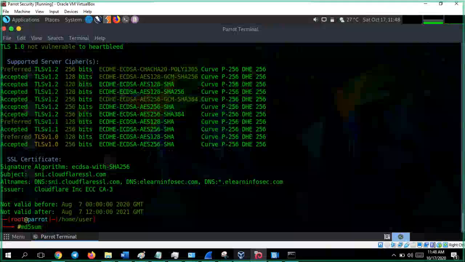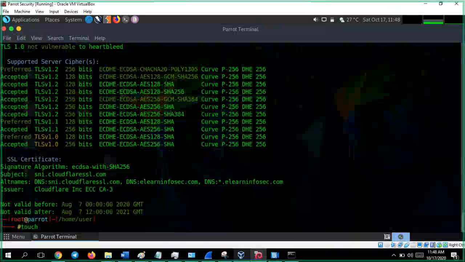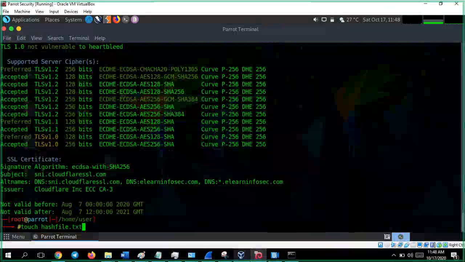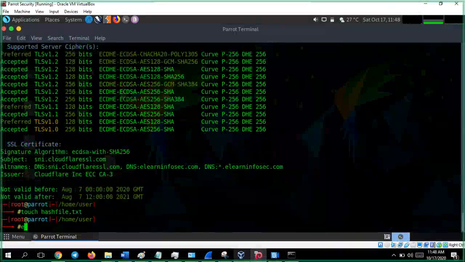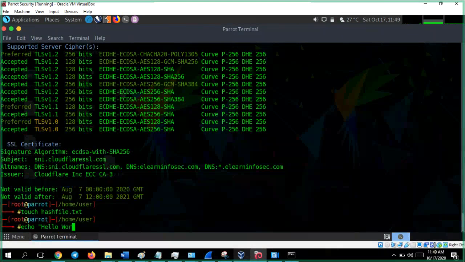Let me touch a hash file, creating hashfile.txt. Then echo hello world